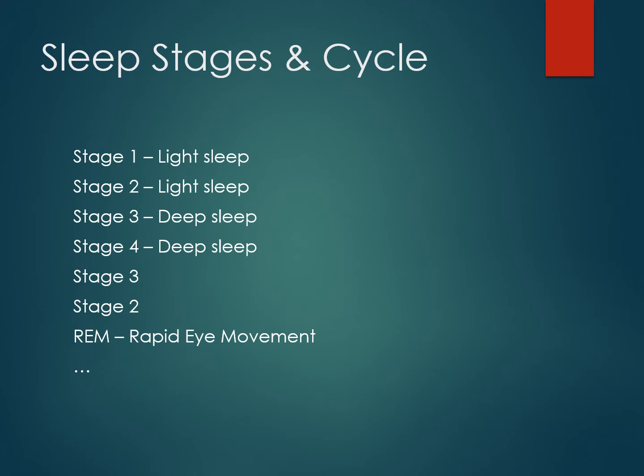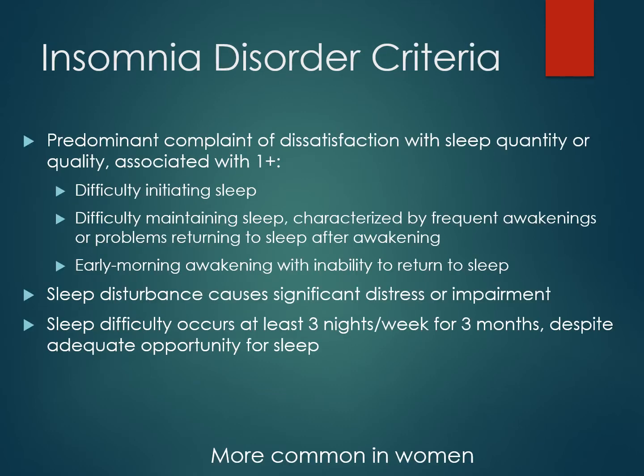After REM, a person starts progressing through the sleep cycle again, starting with stage 2. A person only ever enters stage 1 if they wake up and then fall back asleep again. We go through many cycles of sleep each night, and again, unless the person wakes up, the cycle goes through the stages in the following order: 1, 2, 3, 4, 3, 2, REM, 2, 3, 4, 3, 2, REM, and so on. The first sleep disorder we'll talk about is insomnia.